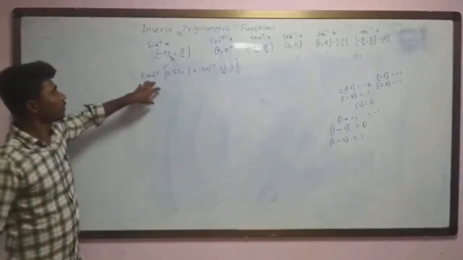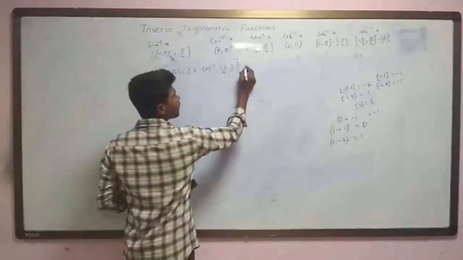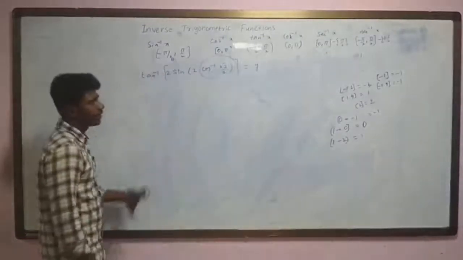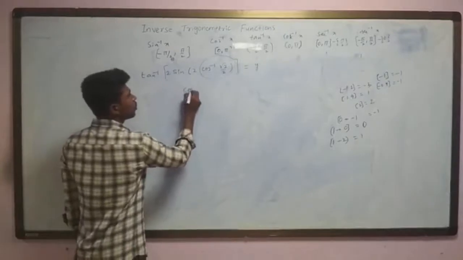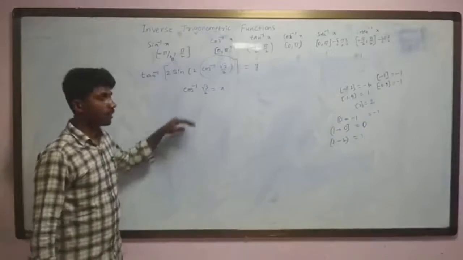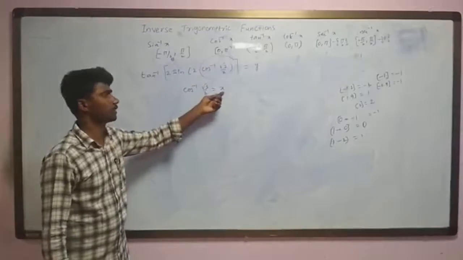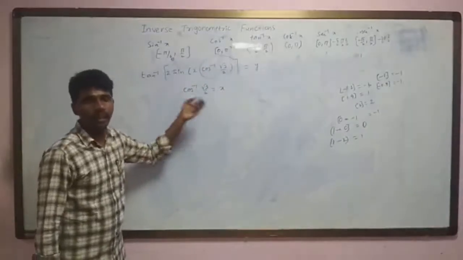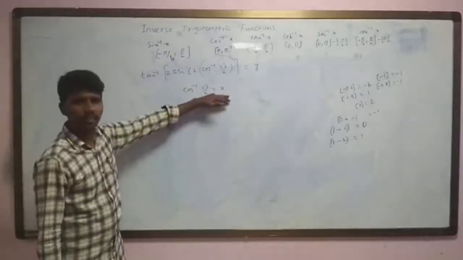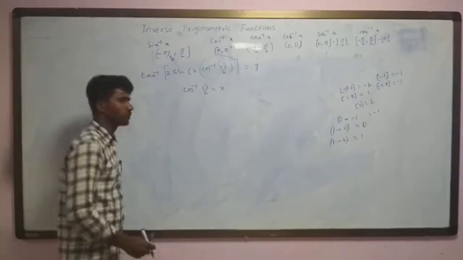So this is the question. They asked us to find the value of this. So we take the entire thing as y. Where we have an inverse function, we consider it as x. So cos inverse root 3 by 2, take it as x. Don't think we always have to take it as x. We want some variable, we consider x. I can take j, p, k, m, or n. No issue. We are familiar with x, so I am using x. You can use theta, alpha, beta, gamma, your wish.